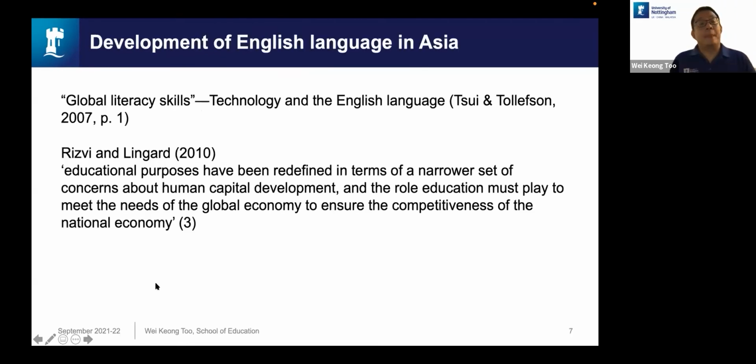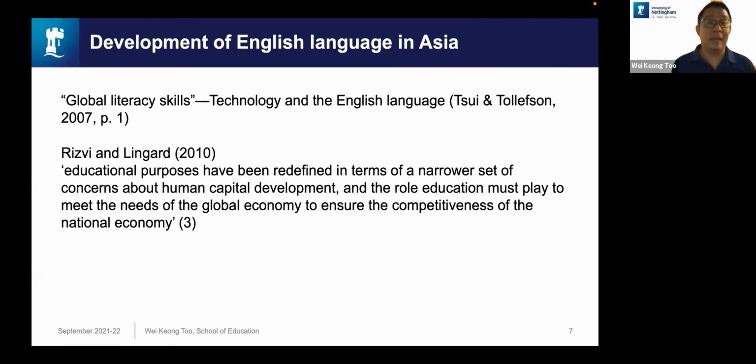Now, in terms of developments of English language in Asia, there is a plethora of English language literature and developments in Asia, so I'm not going to specifically go into detail. But one point which is very important up until today is about global literacy skill. People are talking about, if you want to become a global citizen, English language is a tool, part of the tools besides technology. Because if we look at all the internet resources around the world in Google,